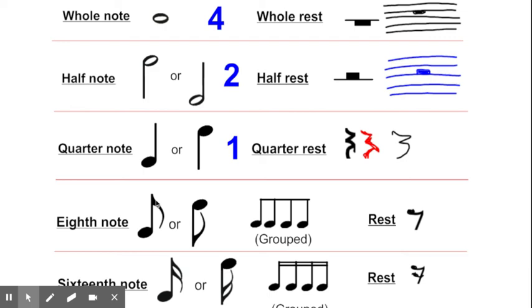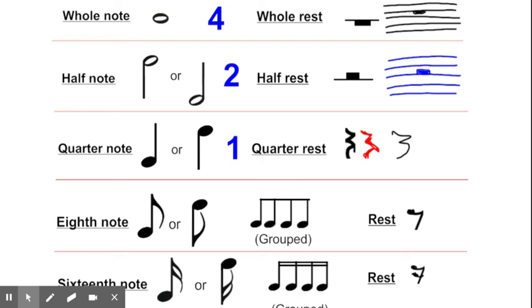So 16th notes, you can fit 4 of those against one beat. 32nd notes, you could technically fit 8 of them against one beat. So I don't see that a whole lot, but some of the text in that Halloween song has to move really quickly. Okay, so that's a basic introduction to the name of each note and what they function like in 4/4 time, and the discussion about rhythm and duration.